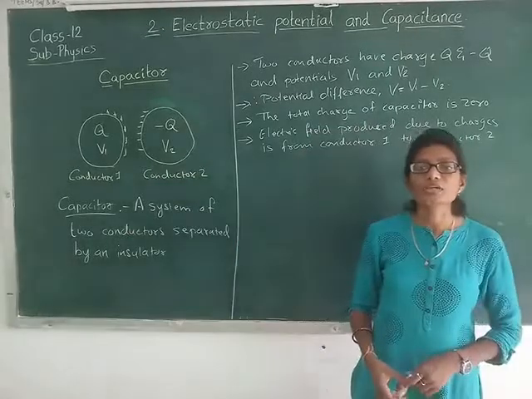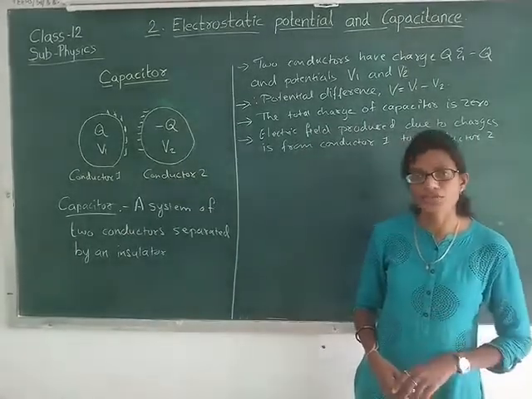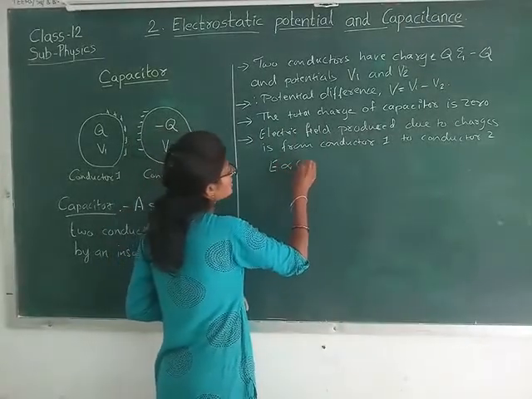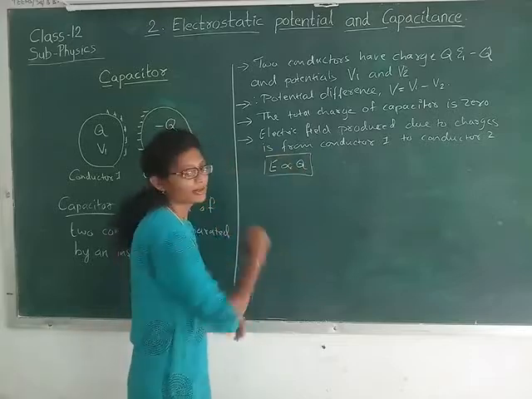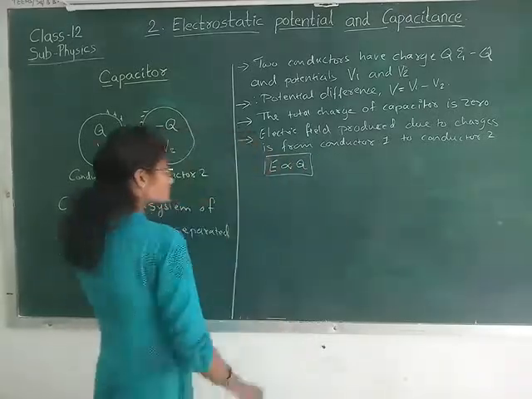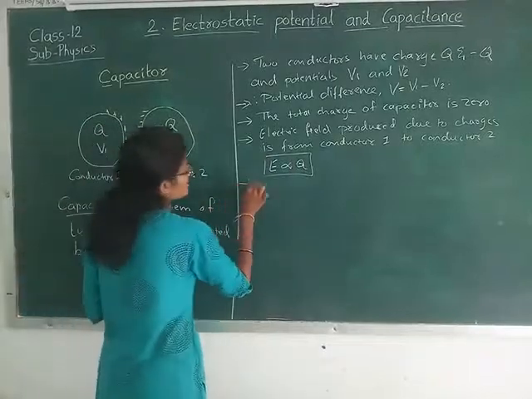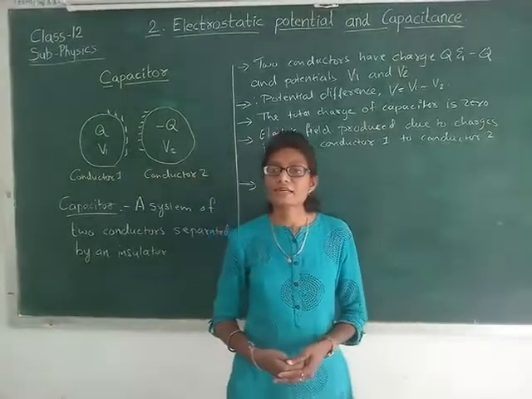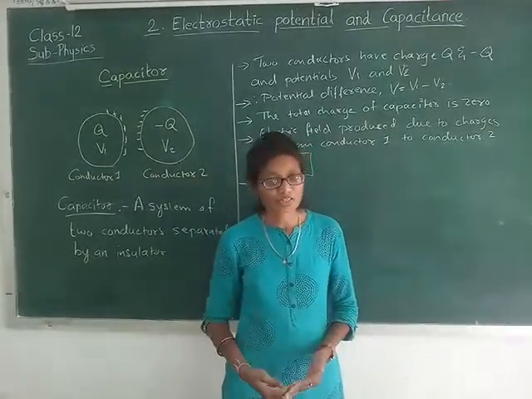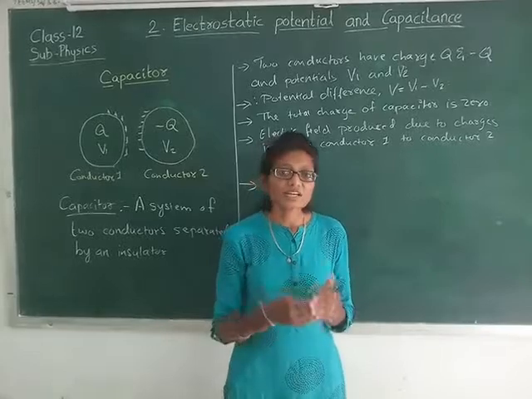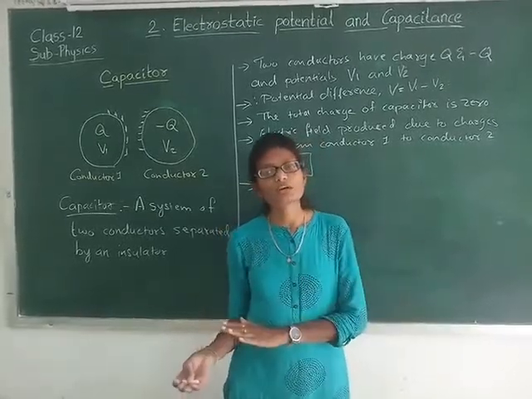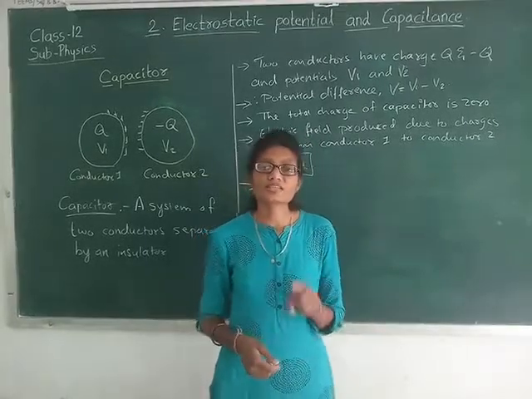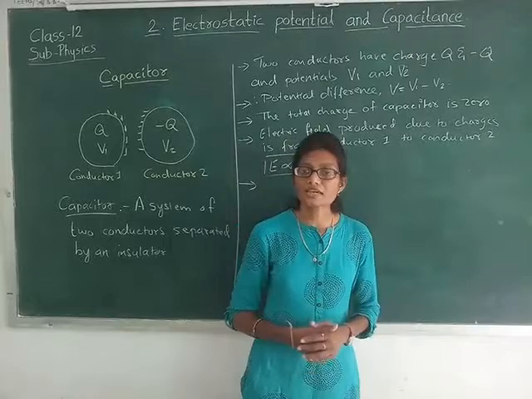And we know electric field is equal to kq upon r square or F by Q. So can we say electric field is proportional to Q, right? Now here the potential difference, right? What is the potential difference? It is the work done per unit positive charge to bring the charge from infinite distance to a point in the electric field, right? And this work done is due to the external force which is against the electric field, right?